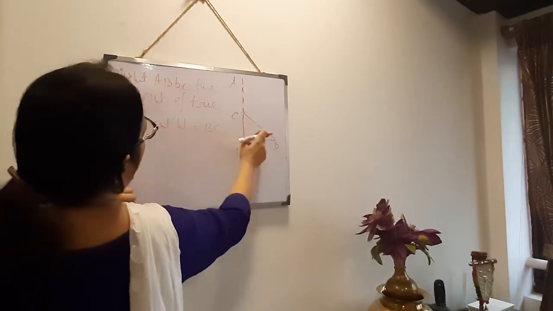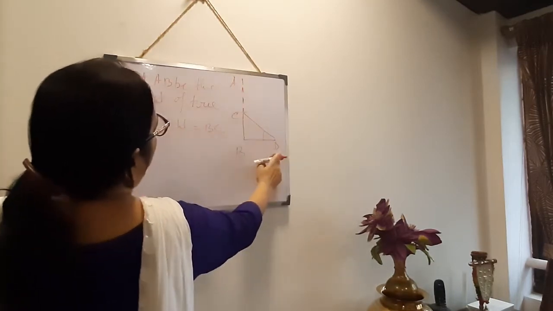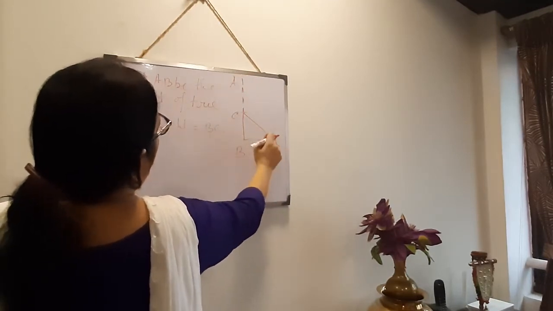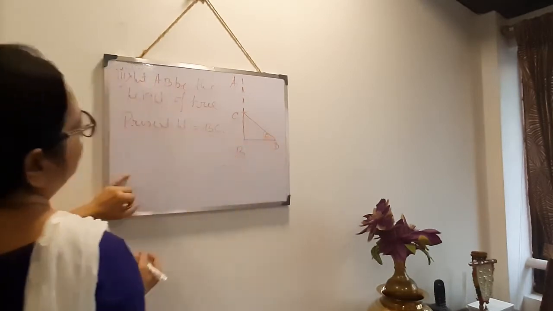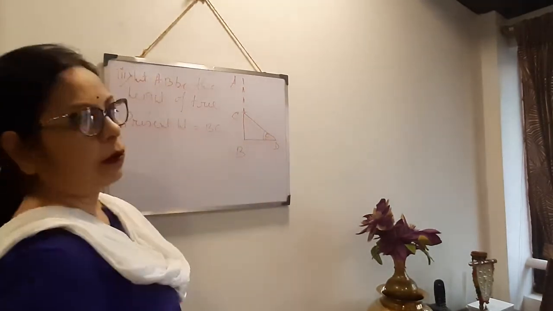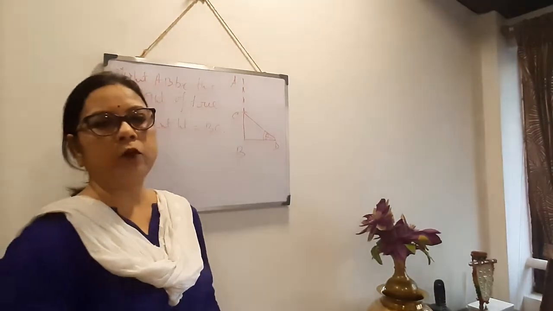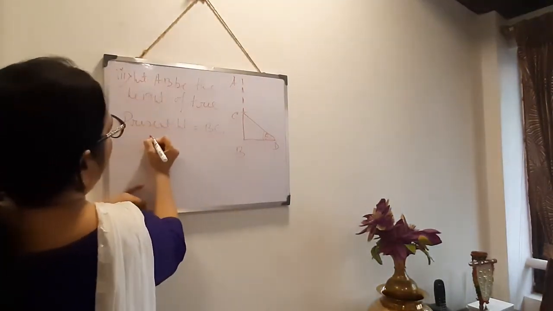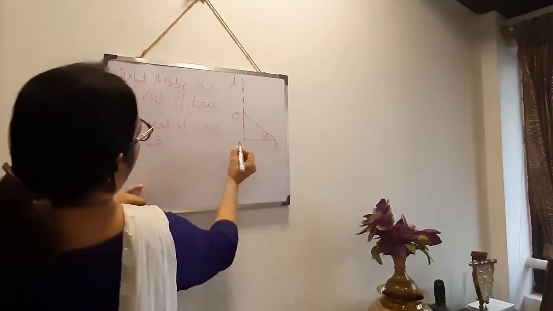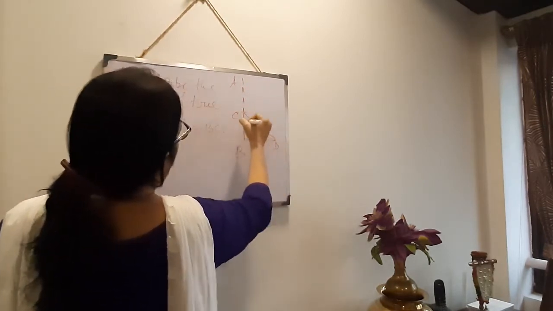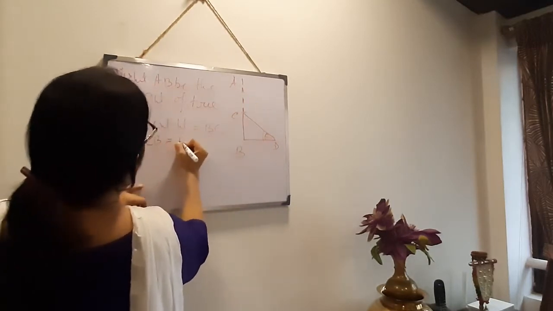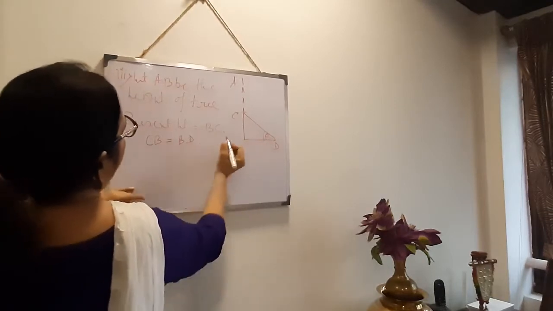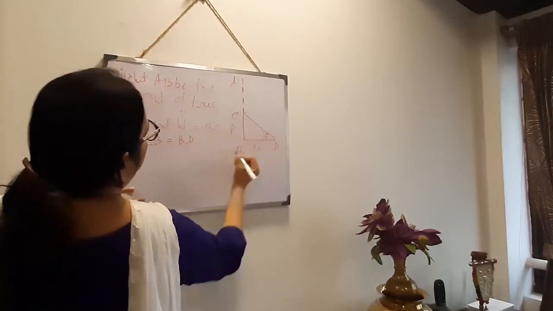And this position now is this. A is here now. Clear? You have to calculate this. Let it be theta. Let the angle made by the broken part or by the top of the tree is theta. So here it is told that length of this portion and present height is same. That means it is given CB equals to BD. Perpendicular equals to base given. This is your perpendicular and this is your base.